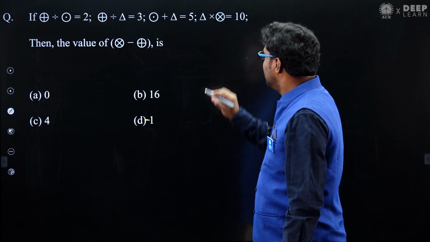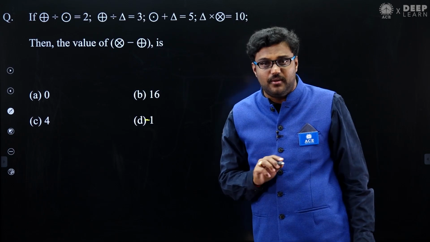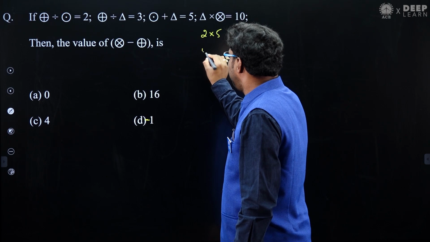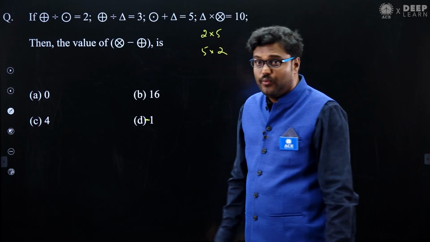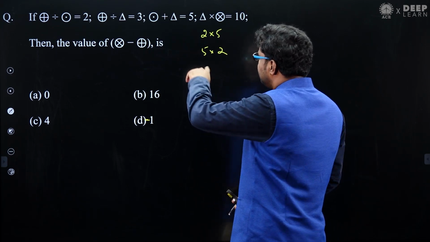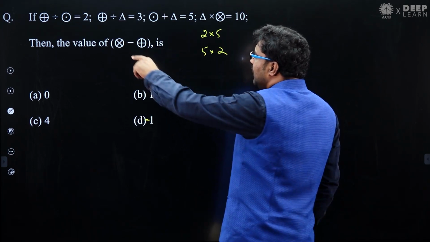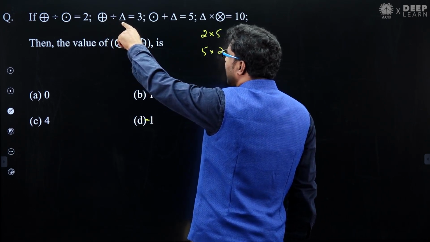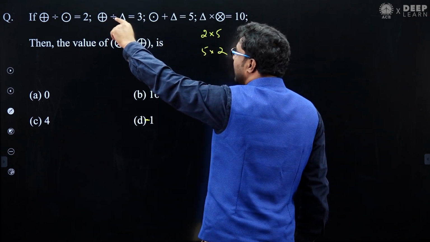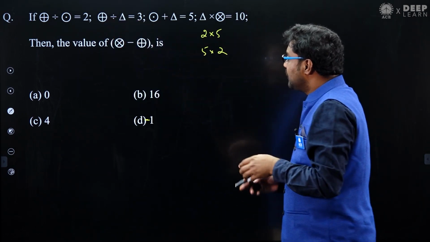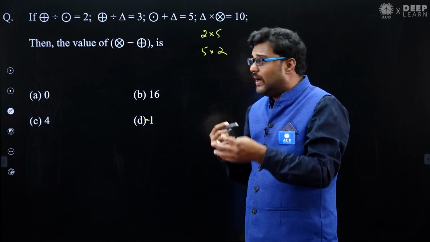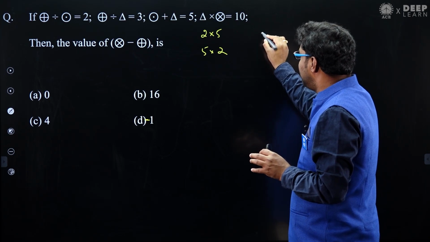The other method is, see, 2 numbers product must be equal to 10. It may be 2 into 5 or 5 into 2. 2 into 5 or 5 into 2, okay. And here, if you just see, this number divided by triangle should give 3. Okay, this number dividing with denominator will give 3. So see this 2 and 5. If it is 5, this plus symbol will become 15. 1 by 1. There is a chance triangle may be 2.